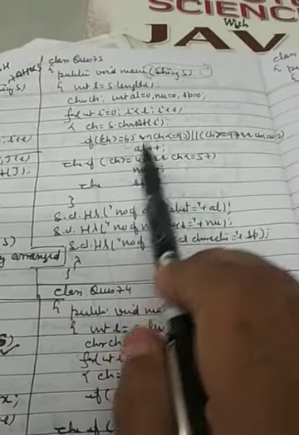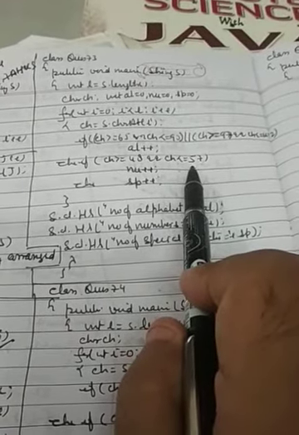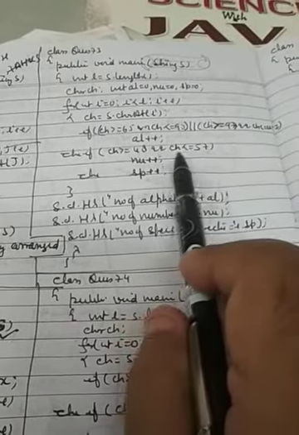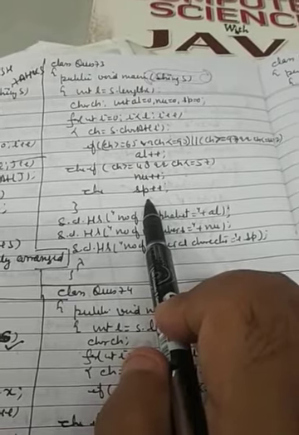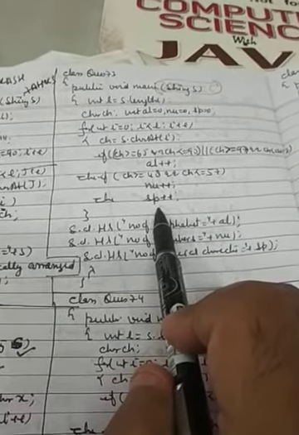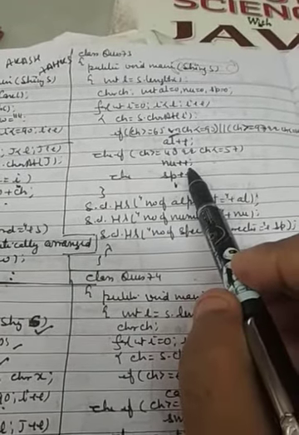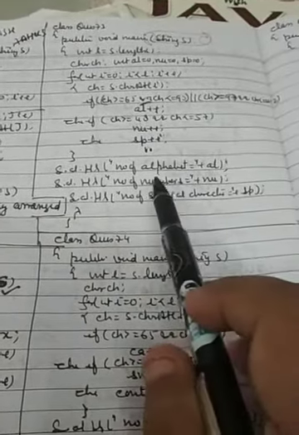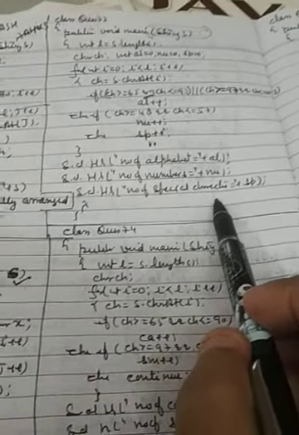If the ASCII codes are 48 to 57, these are the ASCII codes for numbers, then NU++. And if it is neither an alphabet nor a number, then the character you have entered is a special character, and we increase the counter SP, say SP++. So the number of alphabets will be counted by AL, numbers by NU, and special characters by SP. We are printing the number of alphabets is AL, numbers are NU, special characters are SP.